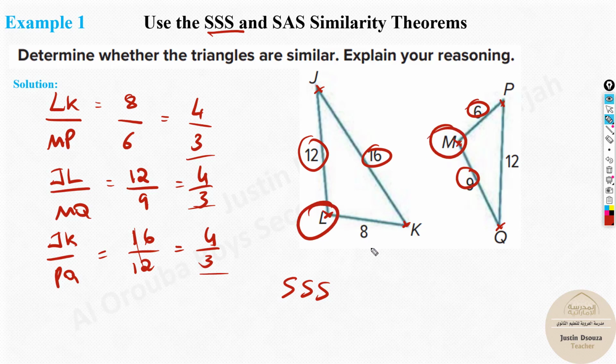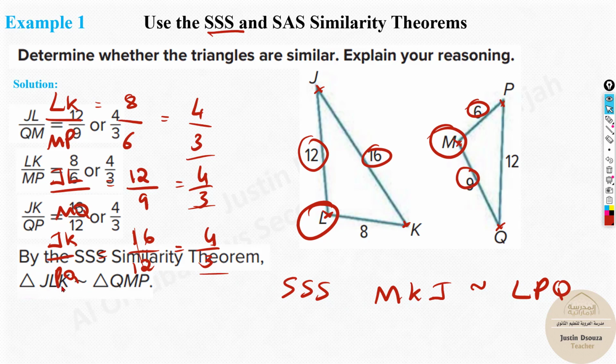So M is corresponding to L. So you can write M, similar, over here what will happen? L. Or you can write L first, M later. It's fine. So this is done. Now, which is the smaller side? From L, smaller side is 8, right? So from M, which is the smaller side? P. So you can write after L, K, and over here L and P. And then lastly, what is remaining? J will correspond to Q. So this is how we write the similarity,